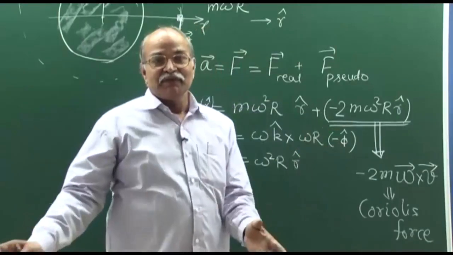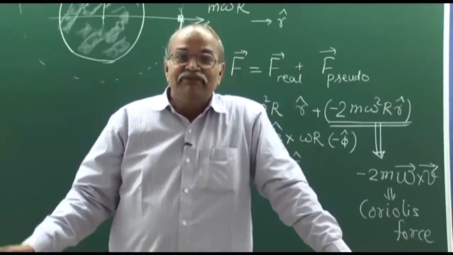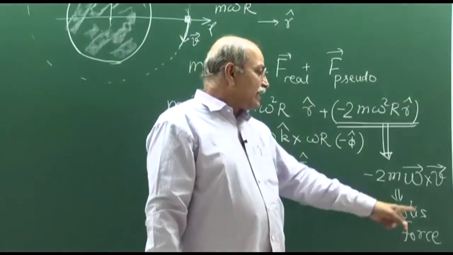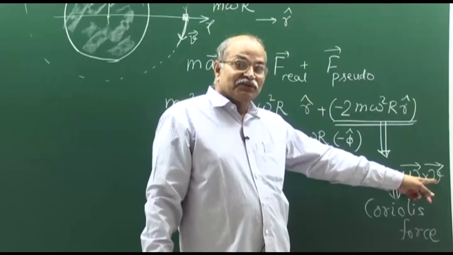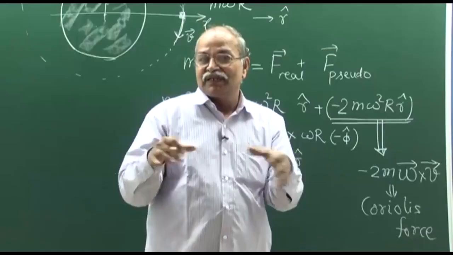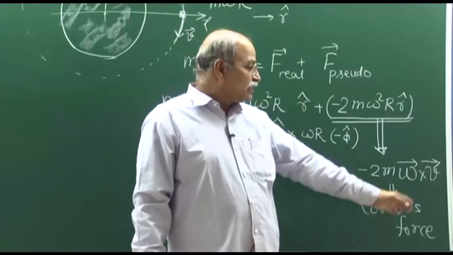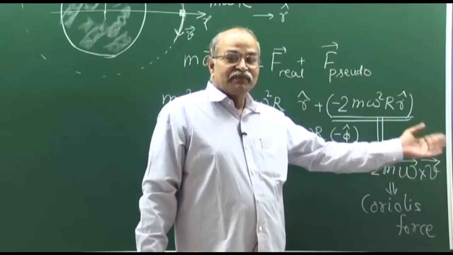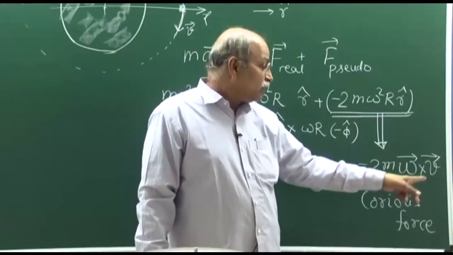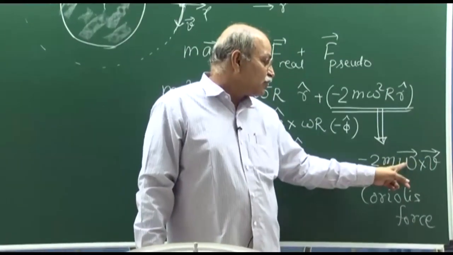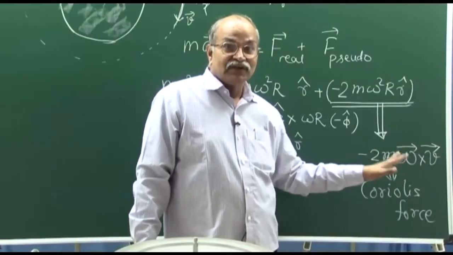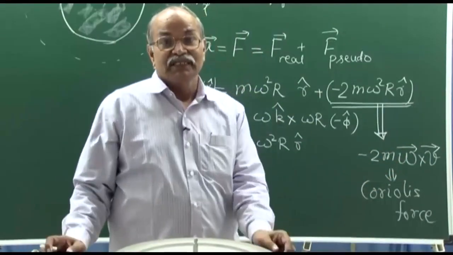In the experiments that I did in the previous lecture, there you notice that this v was 0, whether it was foam particles in tube or other experiments. The velocity of the particle with respect to the rotating frame either is 0 or is parallel to this omega, so that omega cross v is 0, then Coriolis force is not needed, only centrifugal force will do.